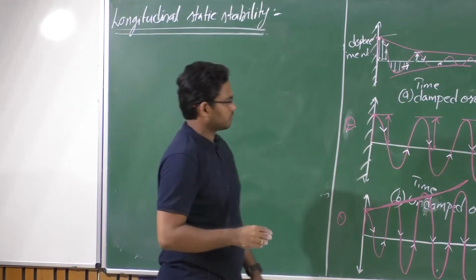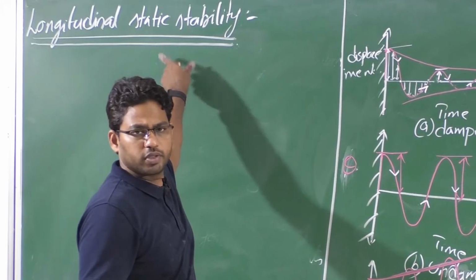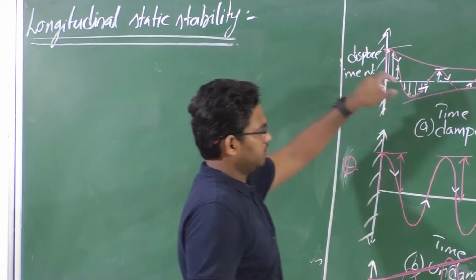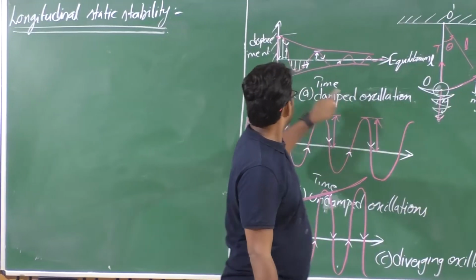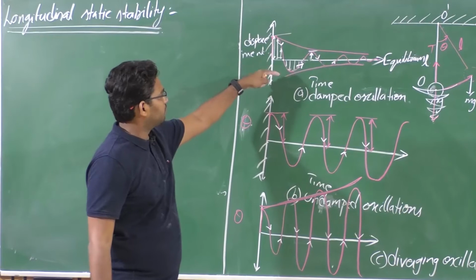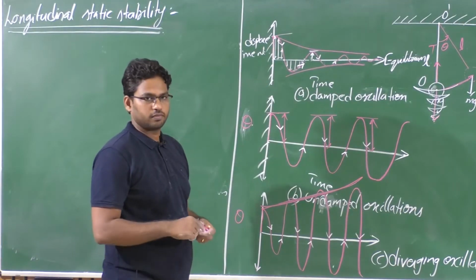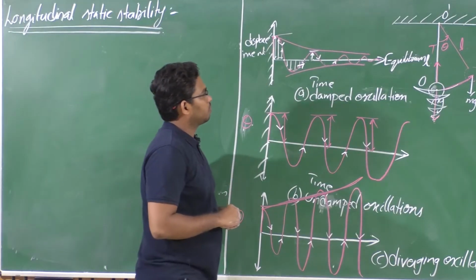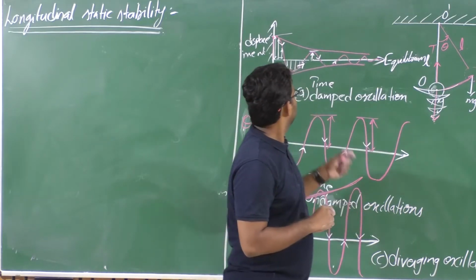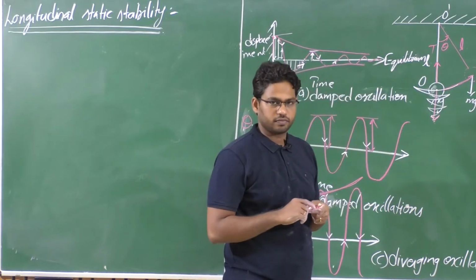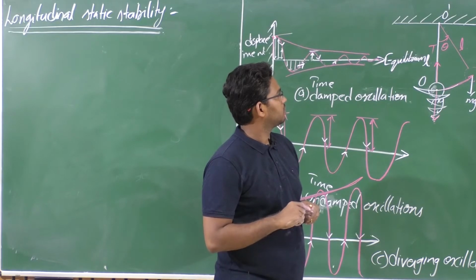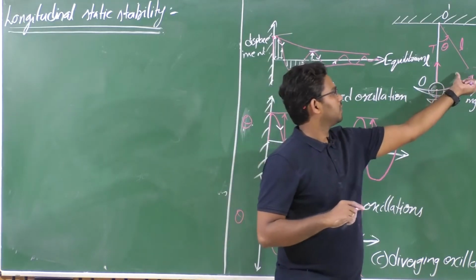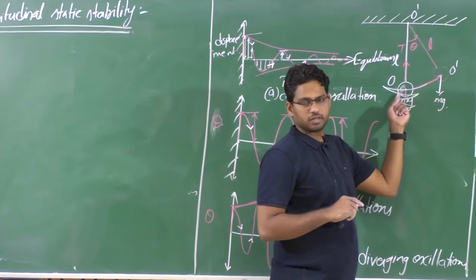Just before proceeding to the aircraft, let's look at this setup carefully, right? What is making the system come back towards this equilibrium? Or what is helping this system to have stability? Can we say something about that? Who is helping this pendulum to come back towards its initial equilibrium?